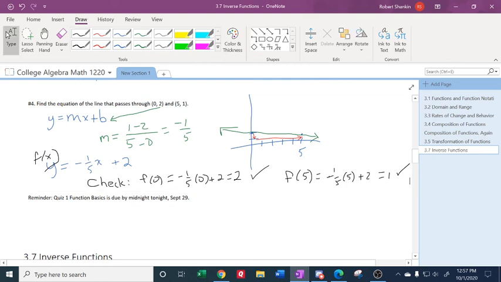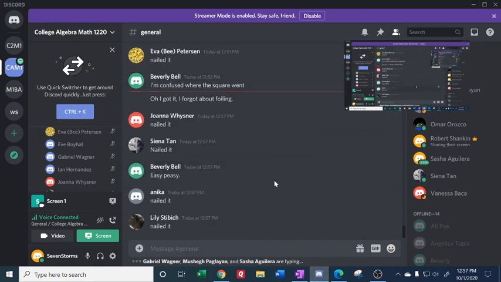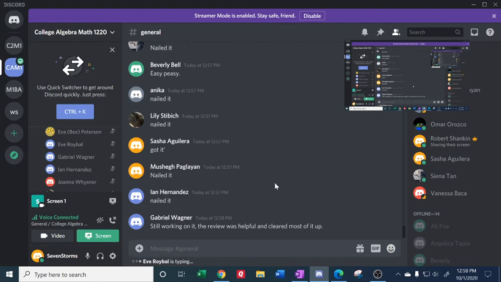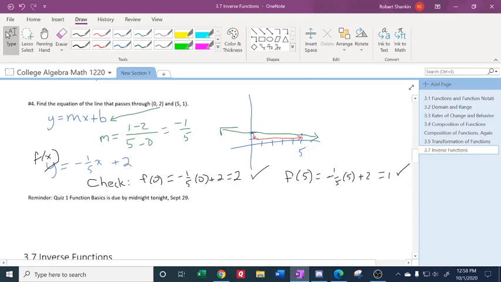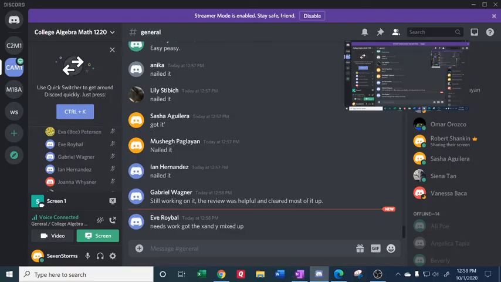All right, give me a little feedback on equation of the line. Type it up, but don't hit enter quite yet. Okay, go ahead and hit enter. All right, questions on anything? You can type in questions or you can just speak up. All right, if there are no questions,